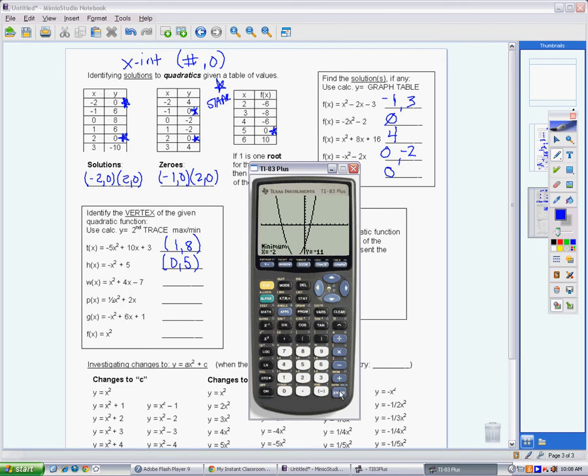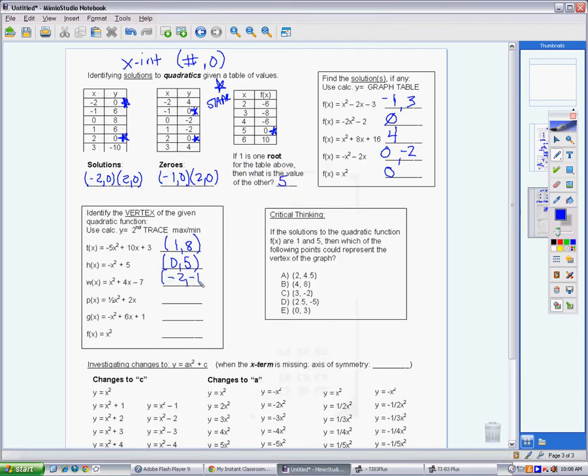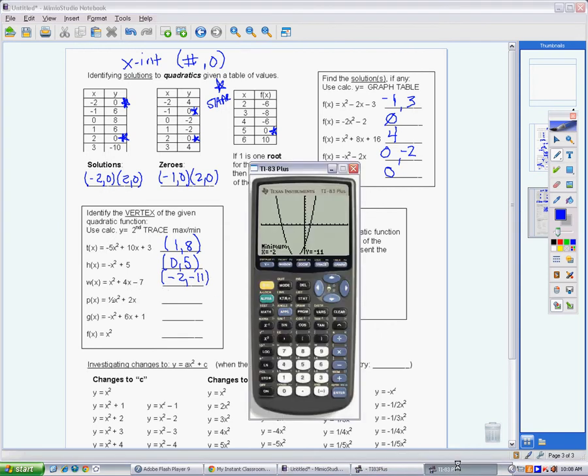And then I'm going to have it check. So my vertex, which is going to be the minimum point on the graph, is at -2, -11. So I have -2, -11. Okay, now if you want to look at the table, again, I want to look for symmetry,